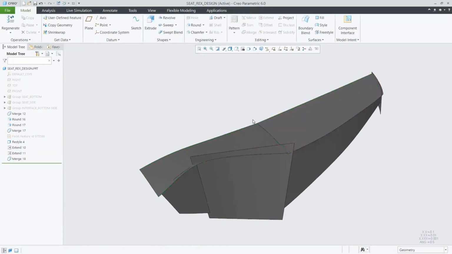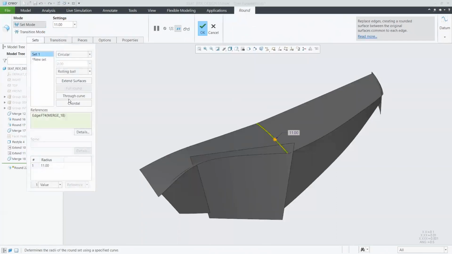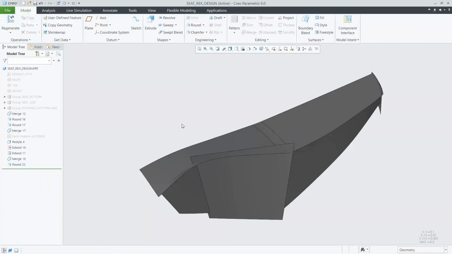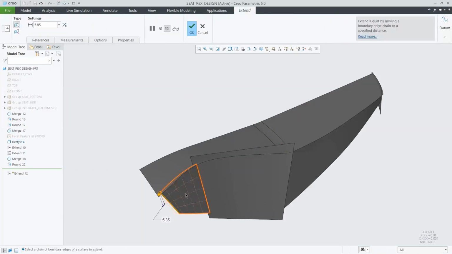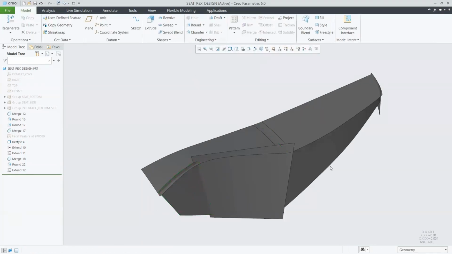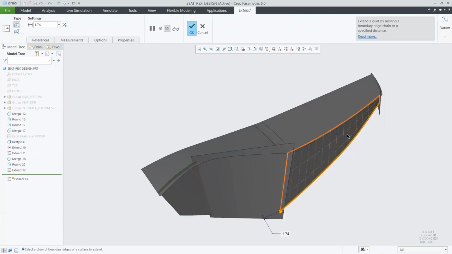And once they've been overlapped, we'll use the merge feature to get rid of any of the excess surface that we had extended over. And to clean it up, you can see we'll go ahead and throw in a round to smooth that joint and transition a little bit. That's one of the nice things to notice with this is once you have that restyle feature, it really just goes back into your standard Creo functionality. You're using your extends, your merges, your rounds, anything that you would normally use for creating or editing surfaces